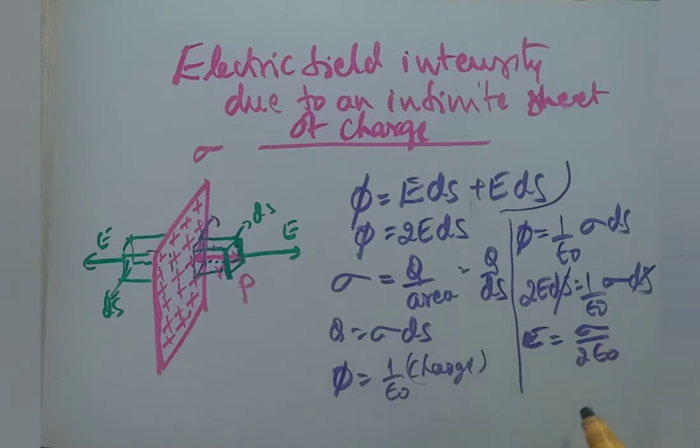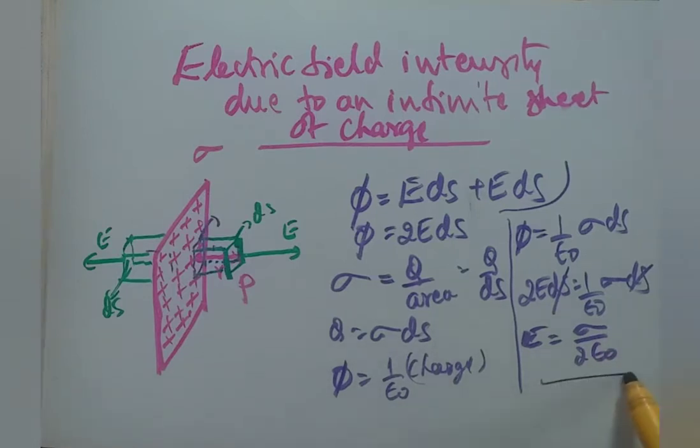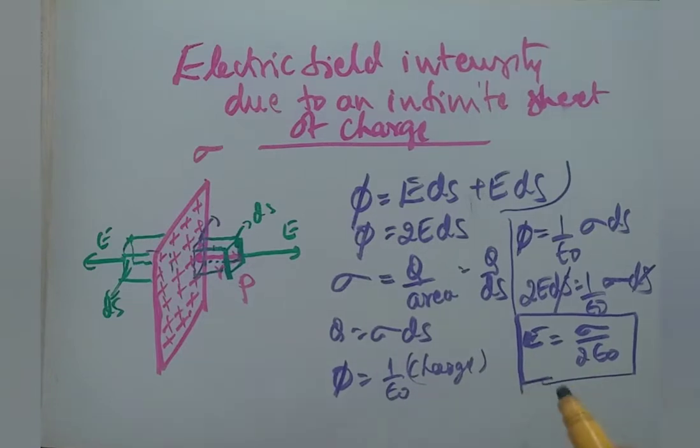We get E equals sigma by 2 epsilon naught. This is the formula for the electric field at any point near the infinite sheet of charge, sigma by 2 epsilon naught. With this, we go for the third and last application of Gauss law,